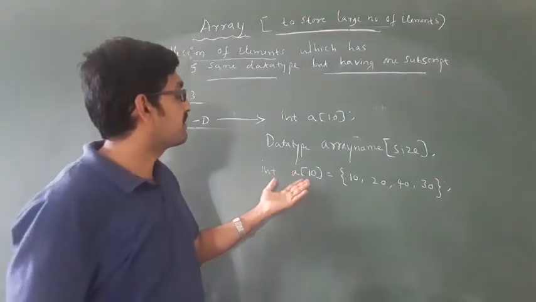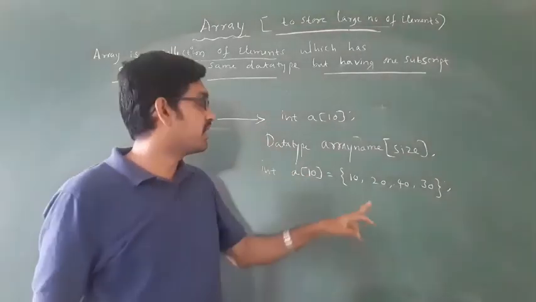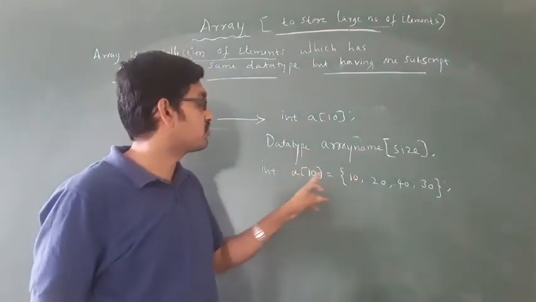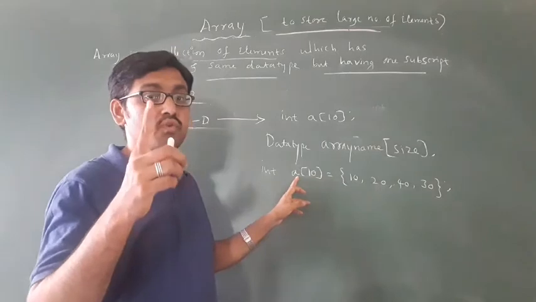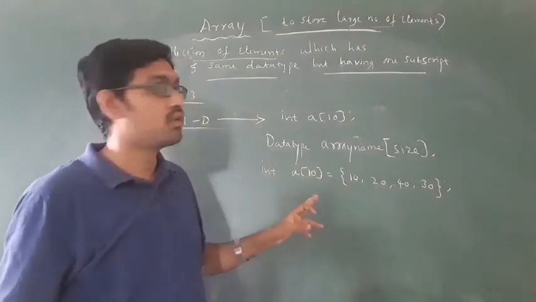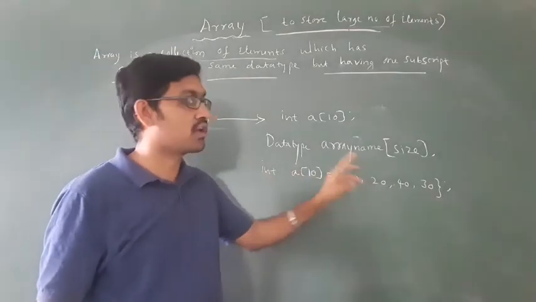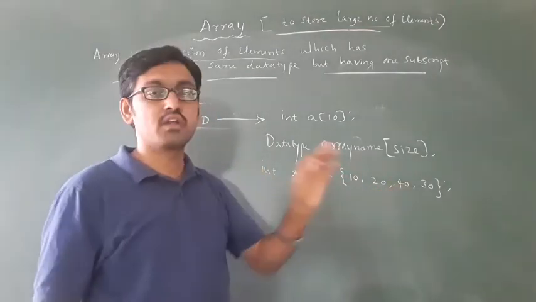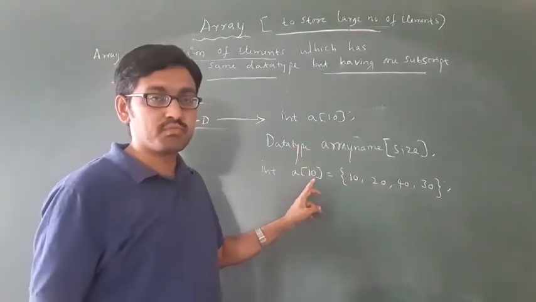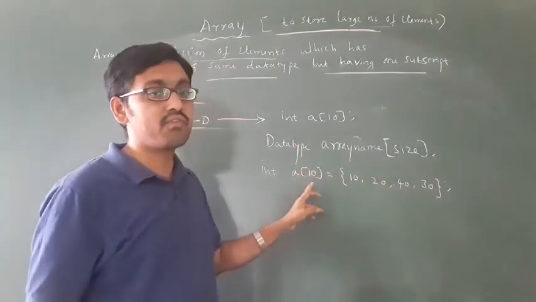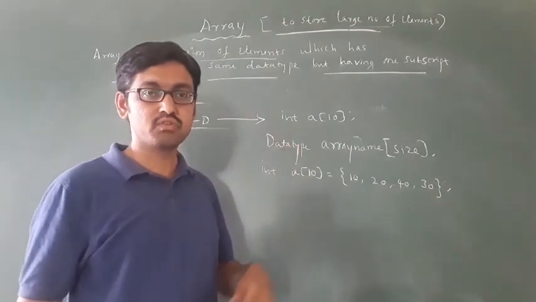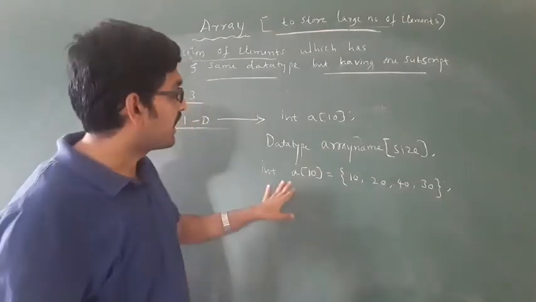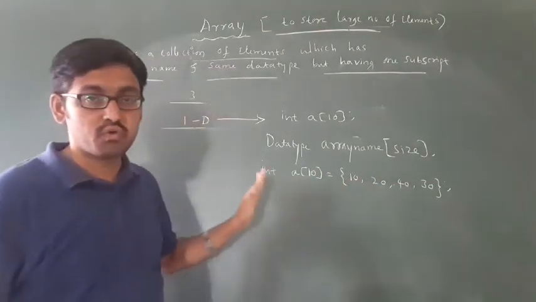Okay, like this. For example, you know already, where will the 10 be stored in the array? 10 will be stored in first, a of 0. You know array will always start with 0. In a of 0, 10 is stored. Where will 20 be stored? 20 will be stored in a of 1. Then 40 will be stored in a of 2. Then 30 will be stored in a of 3. What about the remaining one? In a of 4 there is nothing, that is 0. Got it? Like this it will store. You have to remember this.